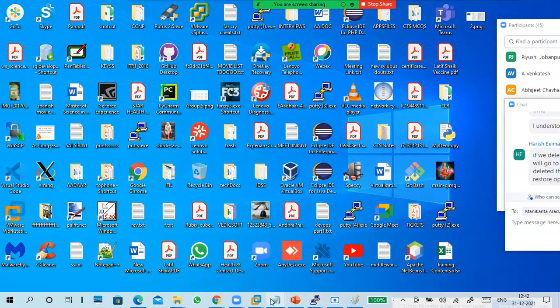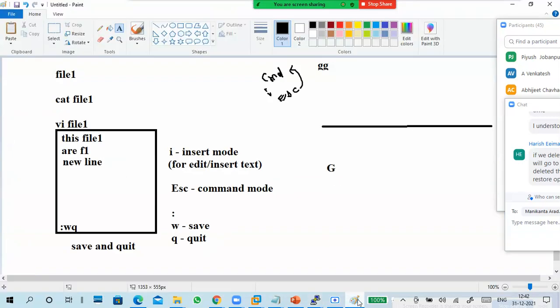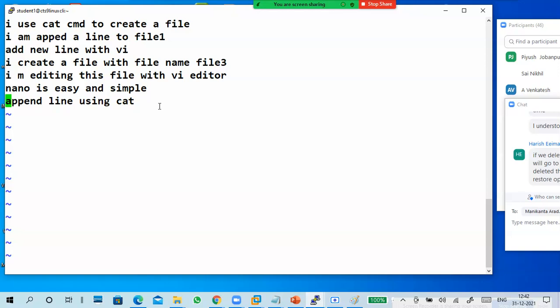Don't close this one. This is important. Last line in the file. Next, already we know insert, we'll see that one. Tell me, sir, why should we go to the first and last line? We are not inserting anything. So why are we using it? I want to insert in the last line, or maybe after the last line. What to do?